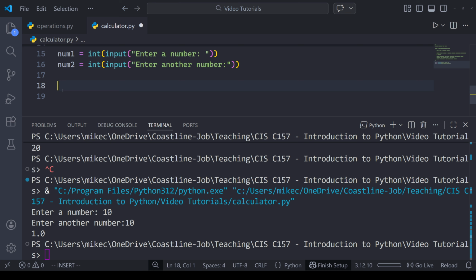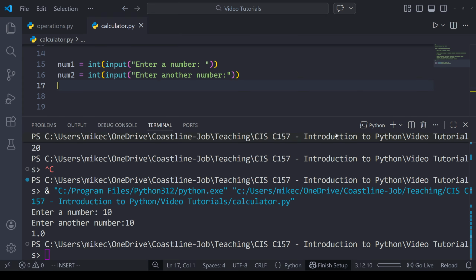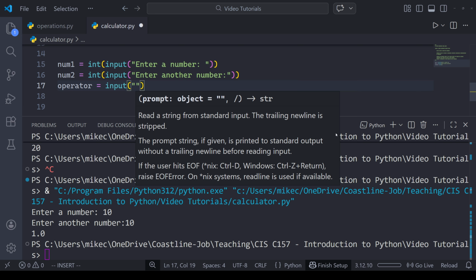All right, but they want a third piece of input from the user. We want to prompt the user to pick what type of operation we're running. We don't want to just assume that the user wants us to add or subtract, right? We want to ask them. So our third choice, our operator choice, and we can name this whatever we want. I'll just name it operator equals, and the same thing, we want to get input from the user, and then we want a helpful prompt.